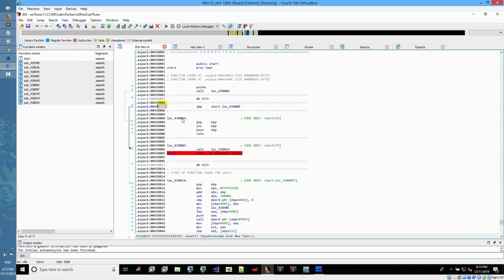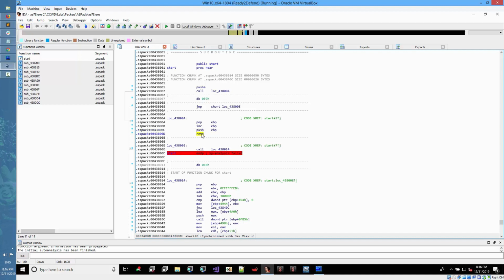And then we have this call that we are seeing in the graphic mode. So what's happening here, guys, is that when we do the call, the push of the next instruction, which is this guy, is pushing to the stack, right? Then we jump here, we pop that instruction, the one that we just pushed into the stack, we pop it back into EBP, which is 07, increment 1, which is 08, push that value into the stack, and